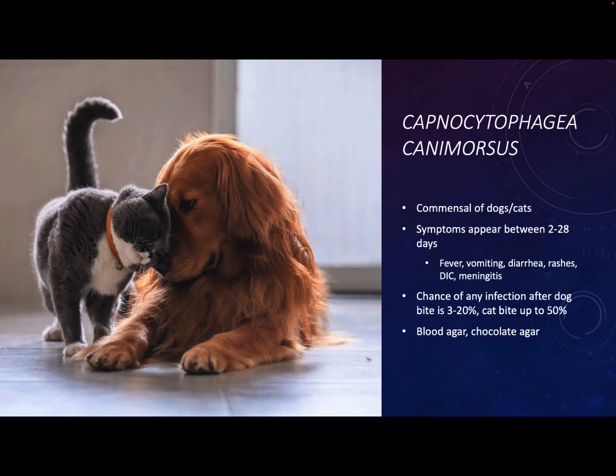So if you have a patient who's been bitten by a dog or a cat, I know a lot of the times what we worry about the most is something like rabies, because biting is a symptom of aggression and aggression is a symptom of rabies. Bacterial infections can also be relatively common after an animal bite because they have a lot of microbes in their mouth. And when they bite, especially when it breaks the skin and draws blood, those bacteria from their mouth, their saliva, their teeth can get directly inoculated into the wound.